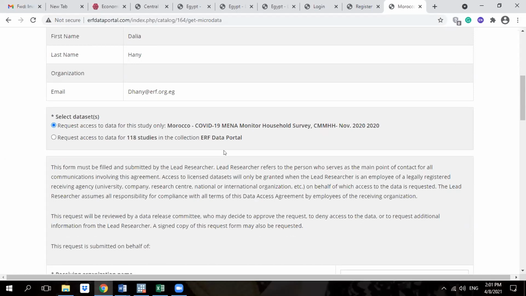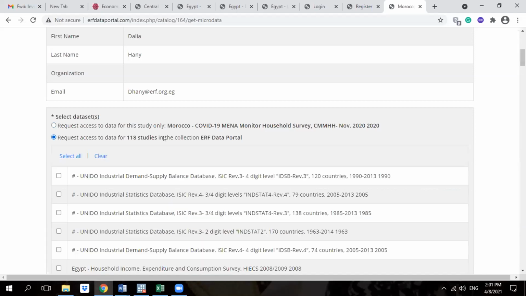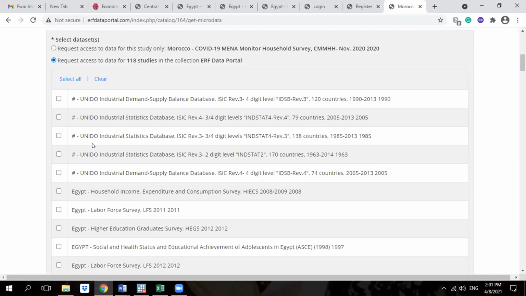If anyone is interested in requesting two data sets, you can just click on request, select what you want from the 118 studies. For example, if you want only these two data sets, we will have the request with two data sets.